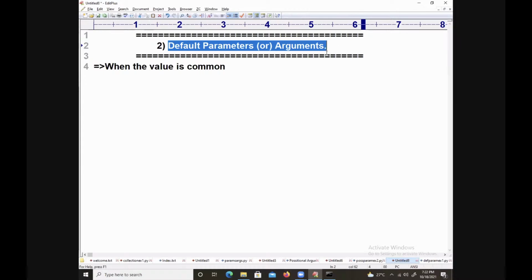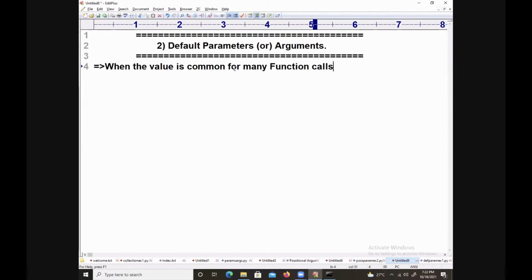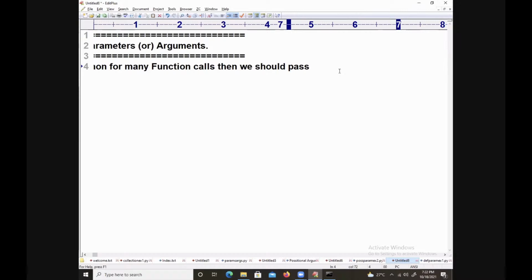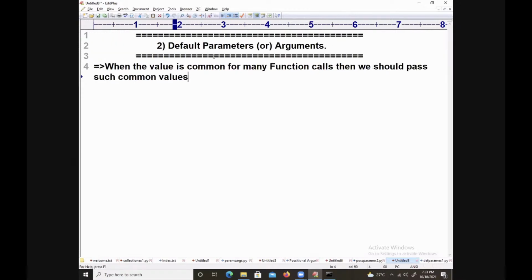I want to write it elaborately. When the value is common for many function calls, then we should not pass such common values as arguments